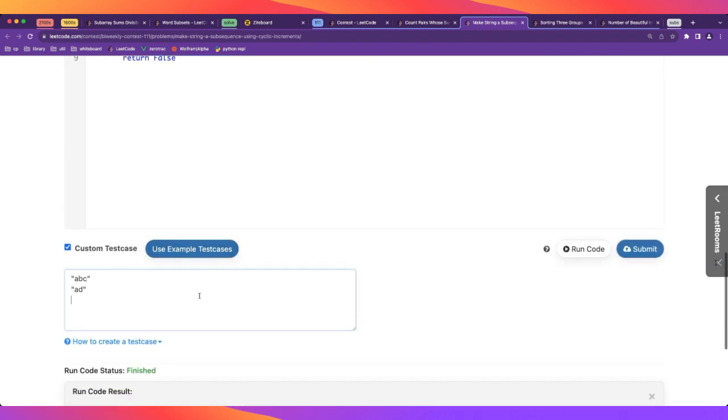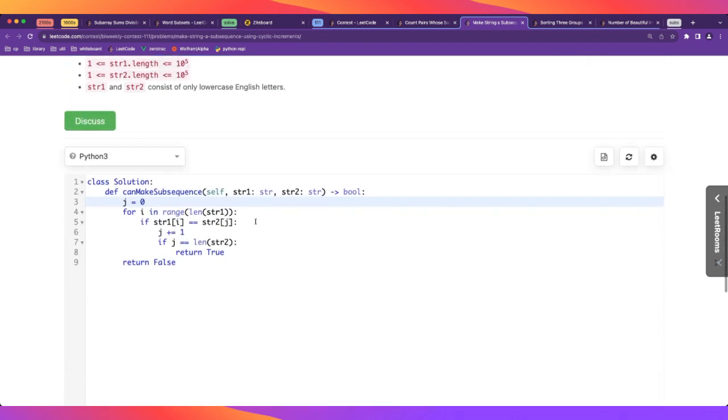So the problem is that this can match to either string 1 of I or the next character, which is, let's call it next,